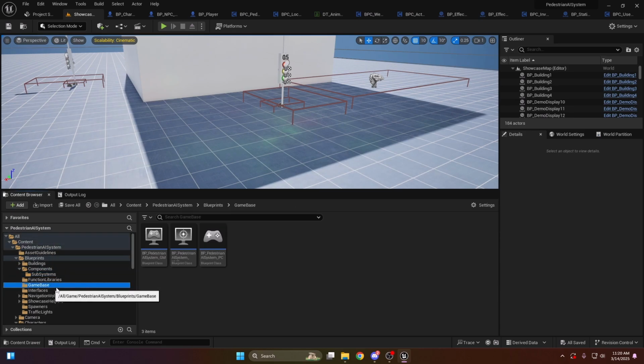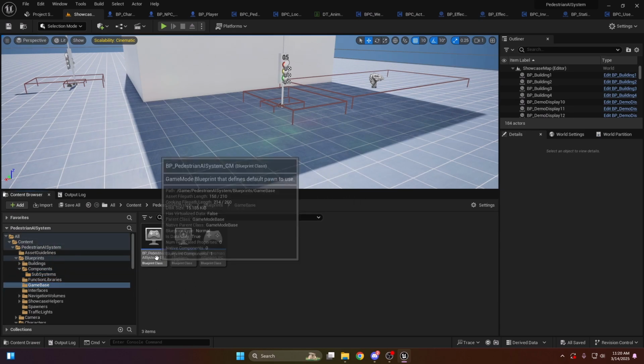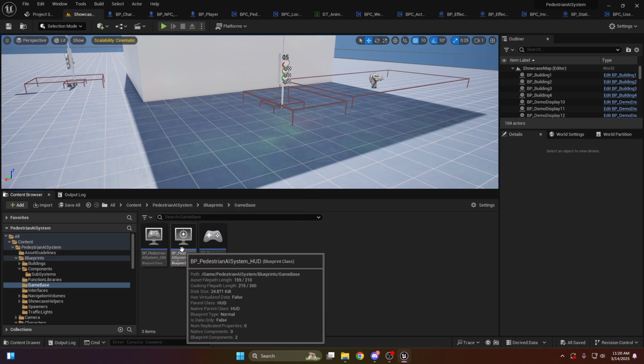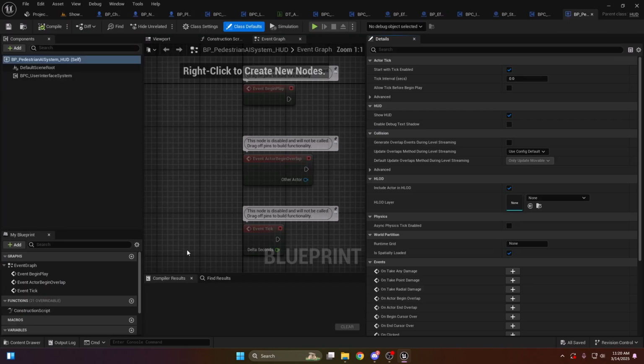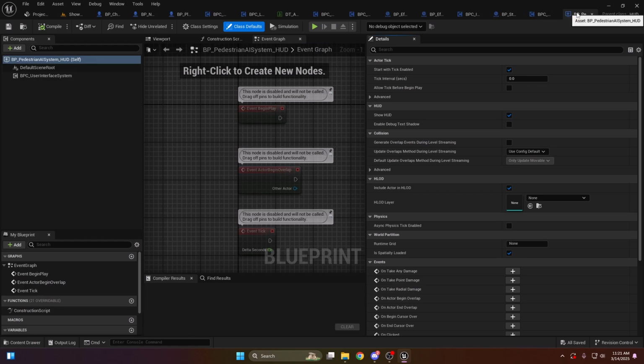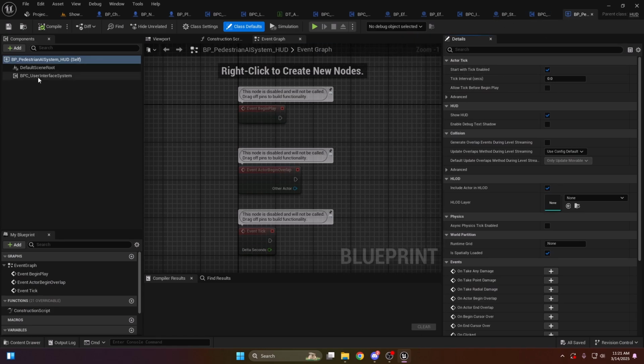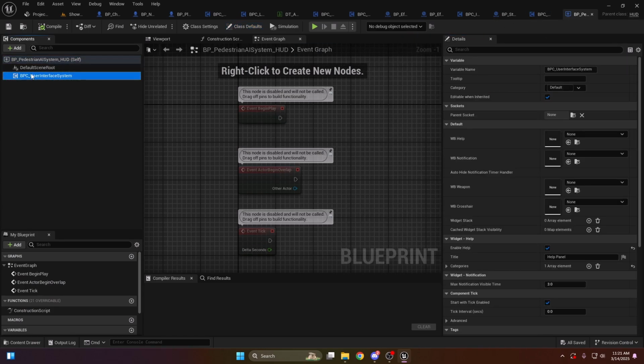So inside the game base, you can find a component called Pedestrian AI System HUD, and if you go and see that component here, you can see I have added BPC user interface system as a component